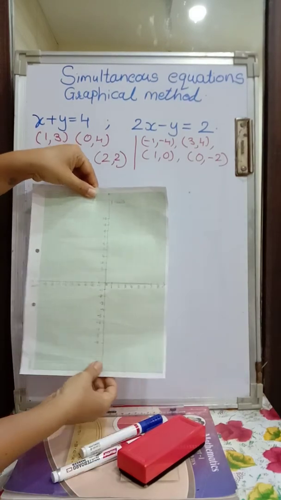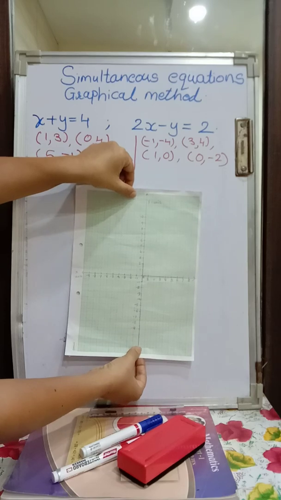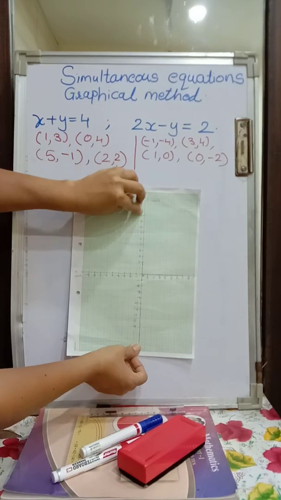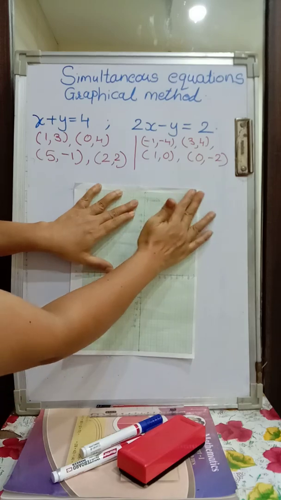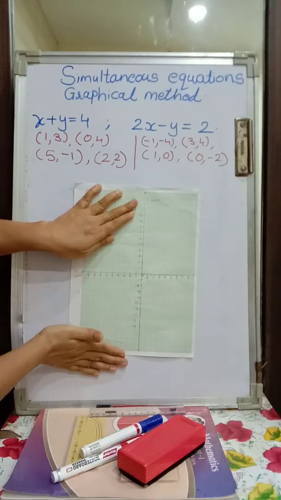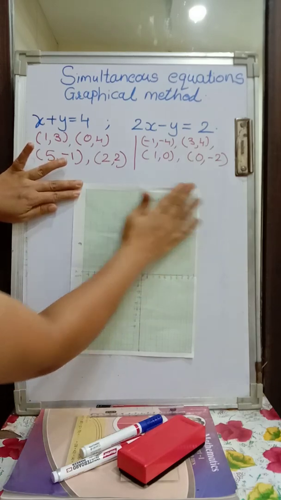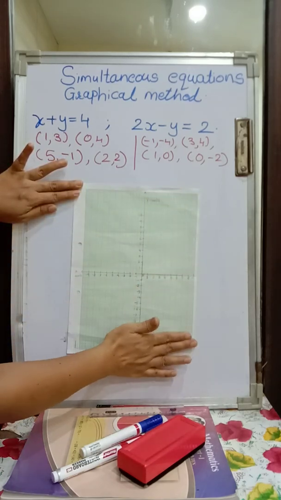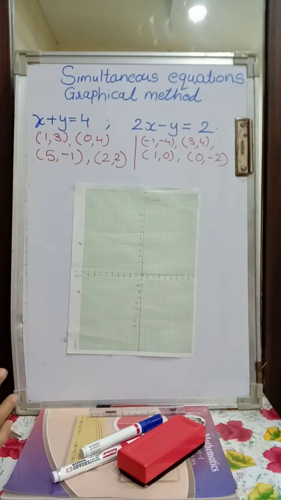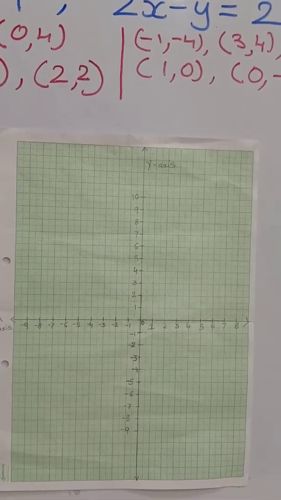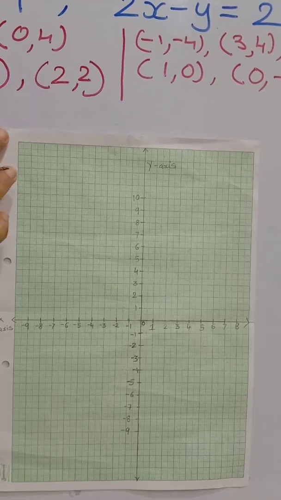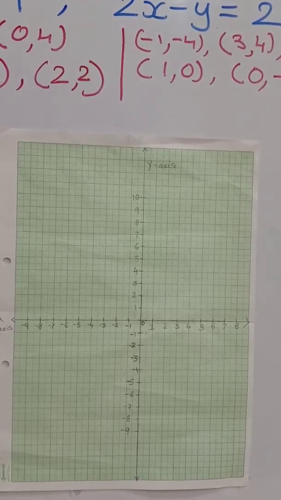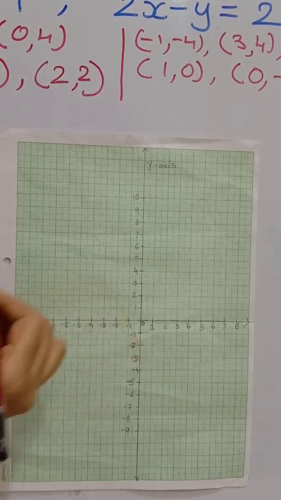So this is a graph paper. I'm putting it over here. And let's represent these points with the help of this graph paper and draw the line. Let me zoom it for you so it will be more clear. I hope it's clear now, quite visible. Let's plot the points now. I know ordered pairs are not visible to you, so I am just reading them and we'll plot the points